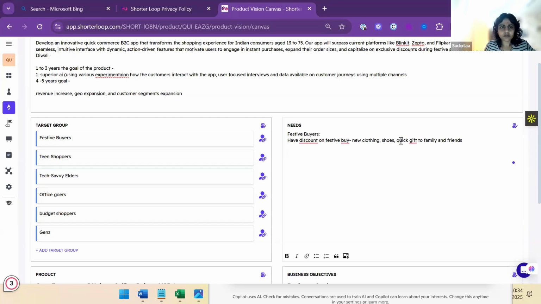And then for teen shoppers, every now and then they have birthdays, they need chocolates, right? They need chips, right? All these junk foods and everything you can write. For the tech savvy, they are always working on laptops, very busy people. So how can I get something quick to eat, as you rightly said.